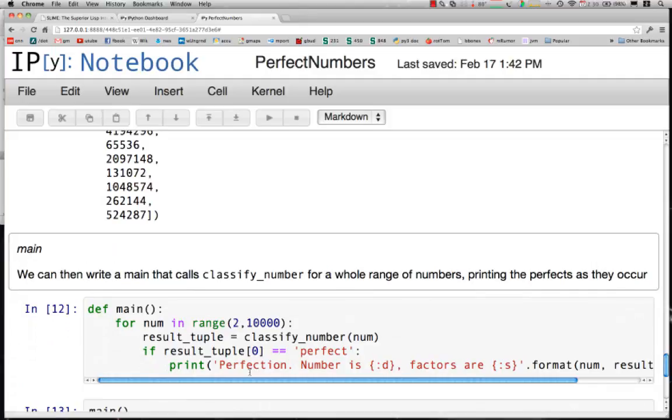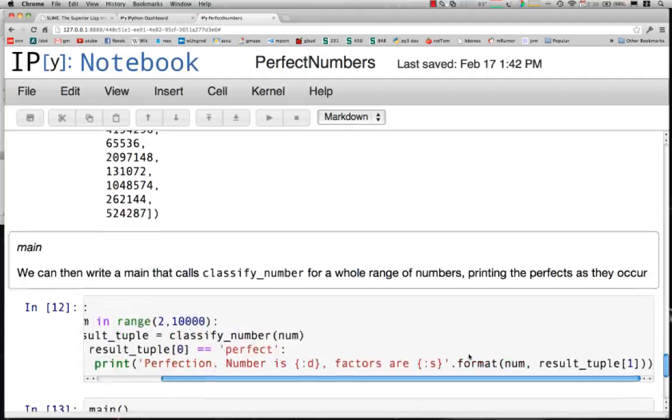What we're going to do is generate a number in the range from 2 up to something. I picked 10,000 to start out with. We will push that number into classify number and get the tuple back. And if the first element of the tuple, element 0, exactly equals the string perfect, then we're going to print out the factors for that number. Let's define this function,